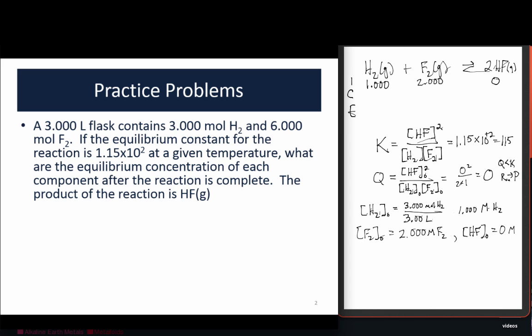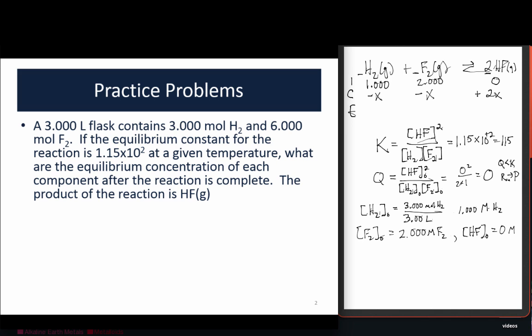So for our H2, the stoichiometric coefficient is 1. So we're just going to define a variable that's the change. So in this case, minus x. It's a minus because we're removing reactants to produce products, so the concentration of reactants is going to decrease. Fluorine also has a stoichiometric coefficient of 1, so minus x. And then our HF is going to increase. So it's going to be plus 2x. And the 2 comes from the fact that we have a stoichiometric coefficient of 2 in front of the